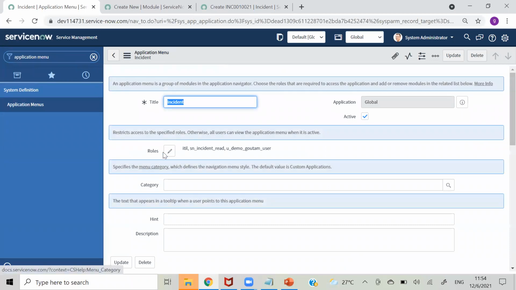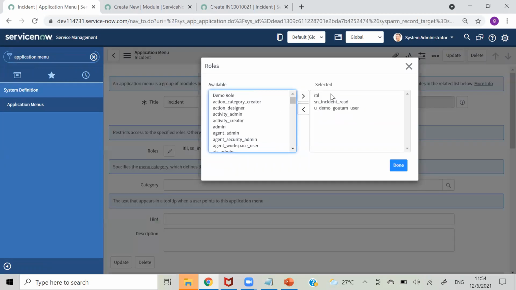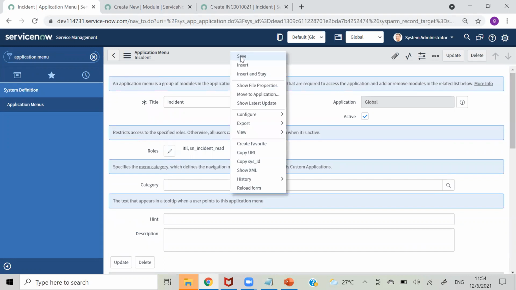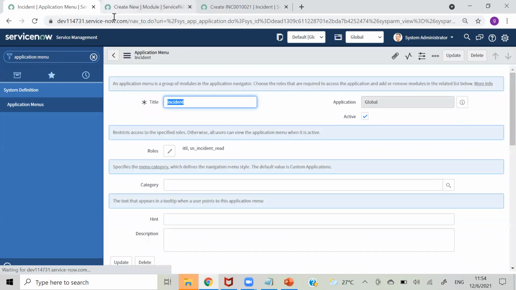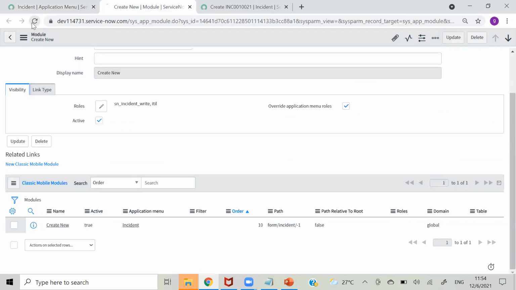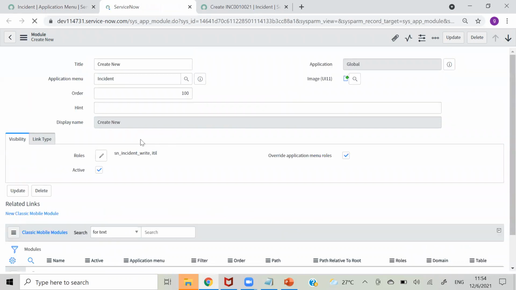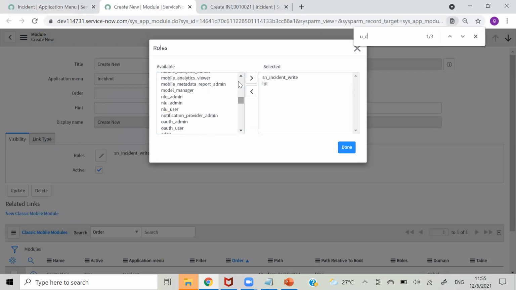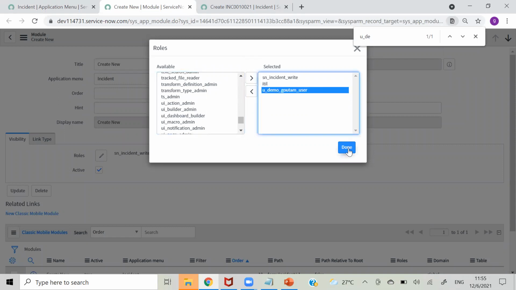Okay. Now I will remove it from the application and I will give it only to the menu. First save this. Okay, then we have that in the second page. So reloading that. So here control_fu_demo and moving that here.